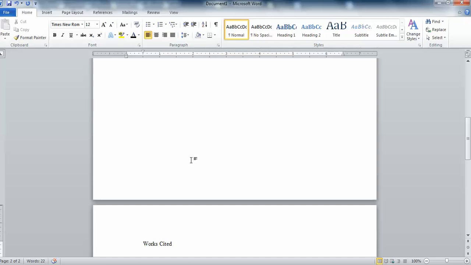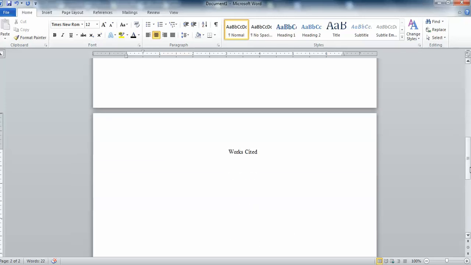Again, we're gonna center this title, so we're gonna hit that centering icon, and then click behind the words works cited, and then hit enter, and then turn off centering. So I'm going to use that align text left icon, and now I'm going to go ahead and record my first source. My first source has got a lot of information there, and it's going to go over to a second